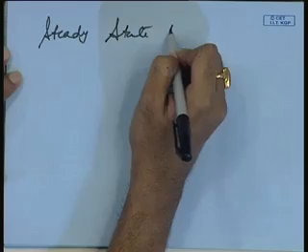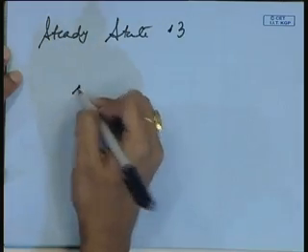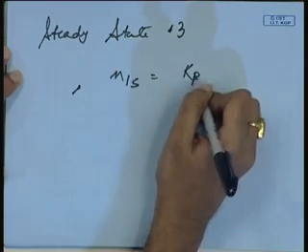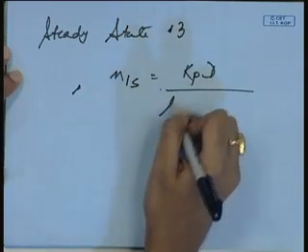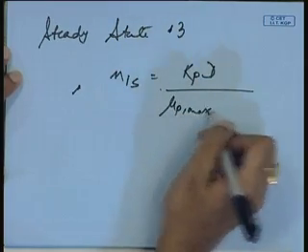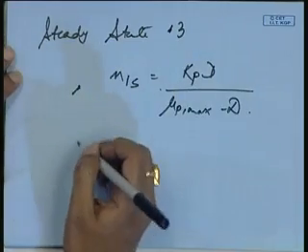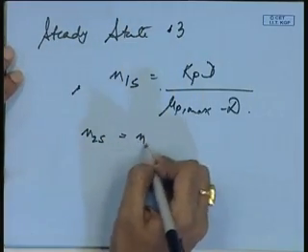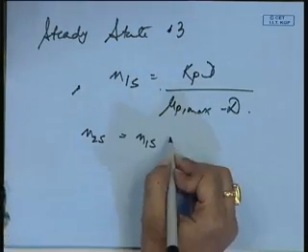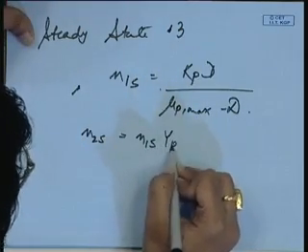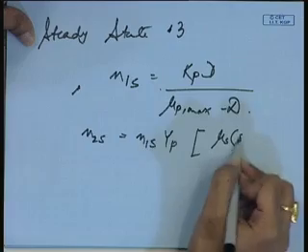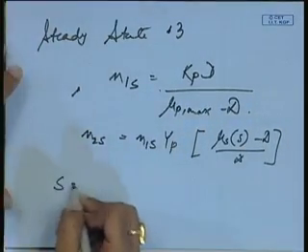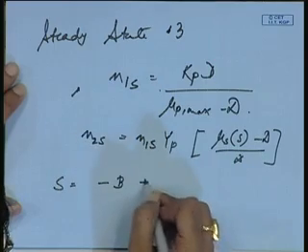Steady state 3 is what I get: N1s equals Kpd mu max minus d, and N2s equals N1s Yp mu s minus d over d, and S itself comes out to be minus b plus or minus,